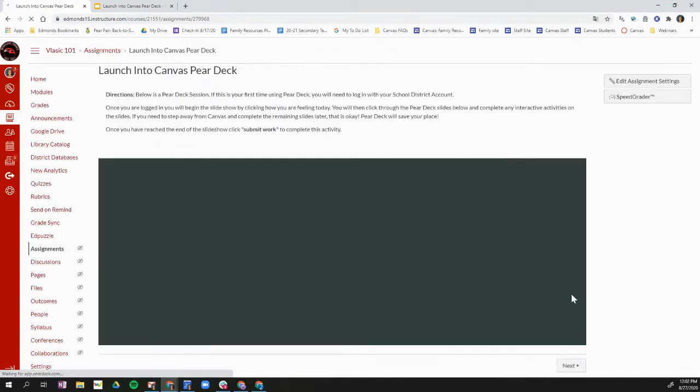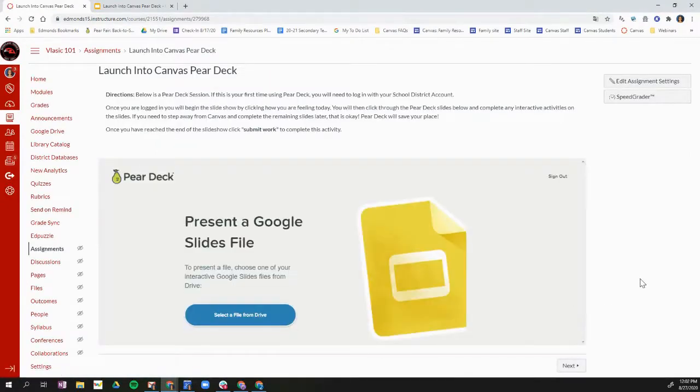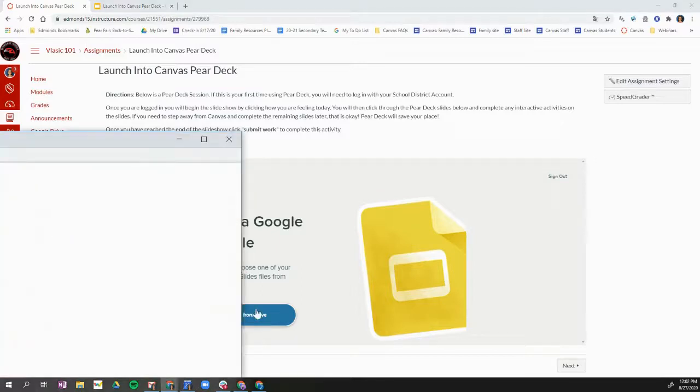So I've added the Pear Deck integration, and now I need to actually choose the Pear Deck slideshow that I want for this assignment. If you are not currently signed in to peardeck.com, you will have a notification here to sign in with your Google account. Make sure that you sign in with Google so that it's connected to your paid account through the district. Once you've signed in with Google, then you'll have this window right here to select a file from your drive. So I'm going to click that button,